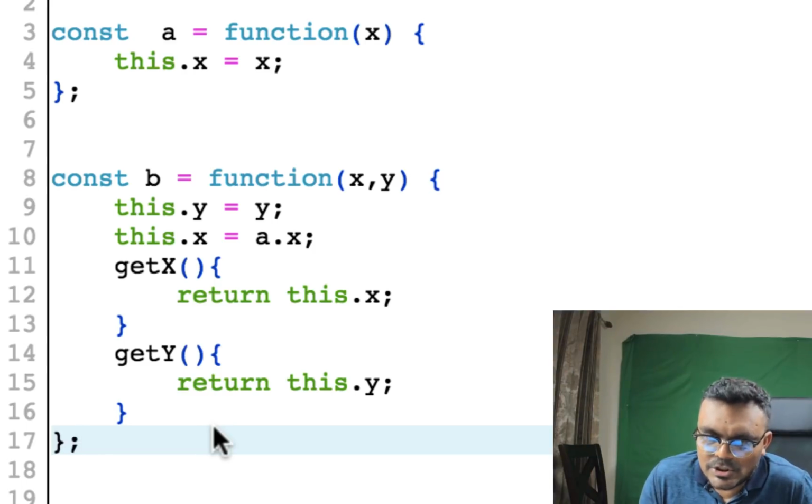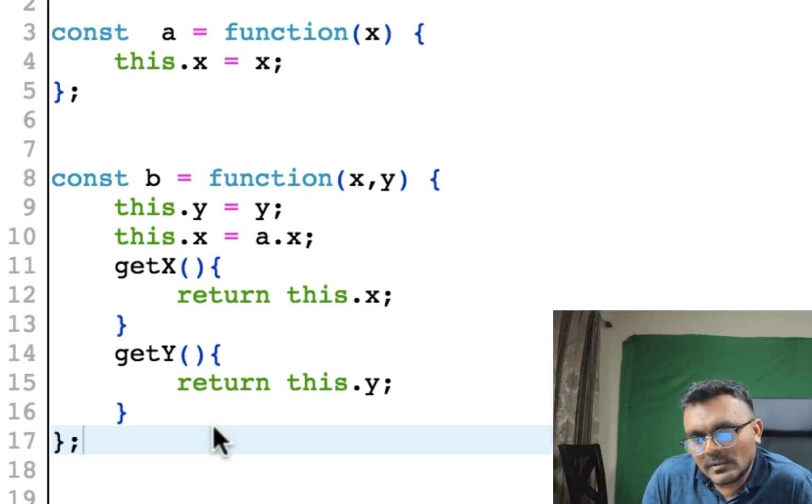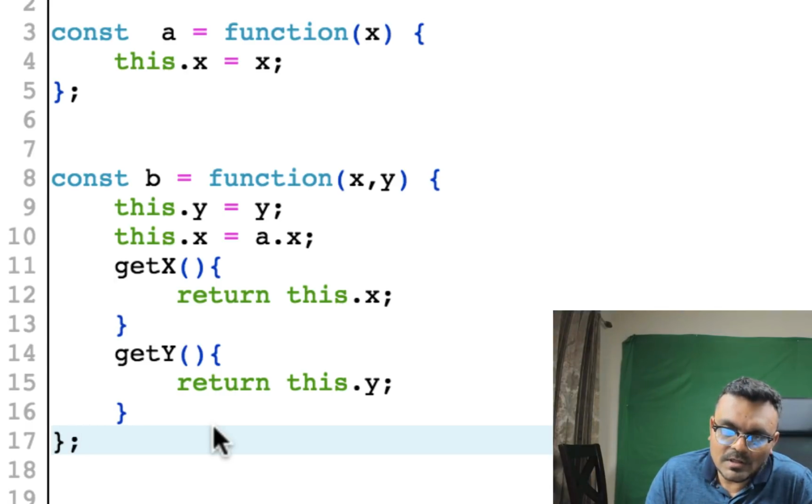This should work. The only problem is, this should not work on one line. Line 10 won't work because you have not initialized a. A is just a function, right? So you won't be able to get the property. I see. Okay, I got it. So let me see there. So this.x equals a